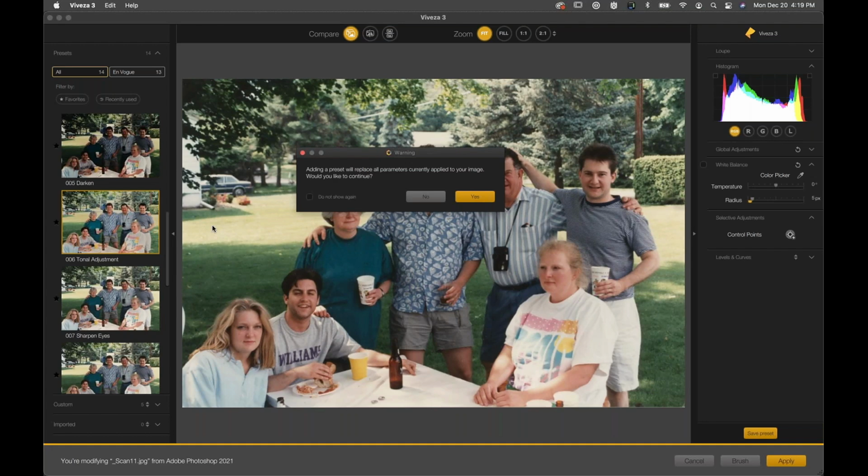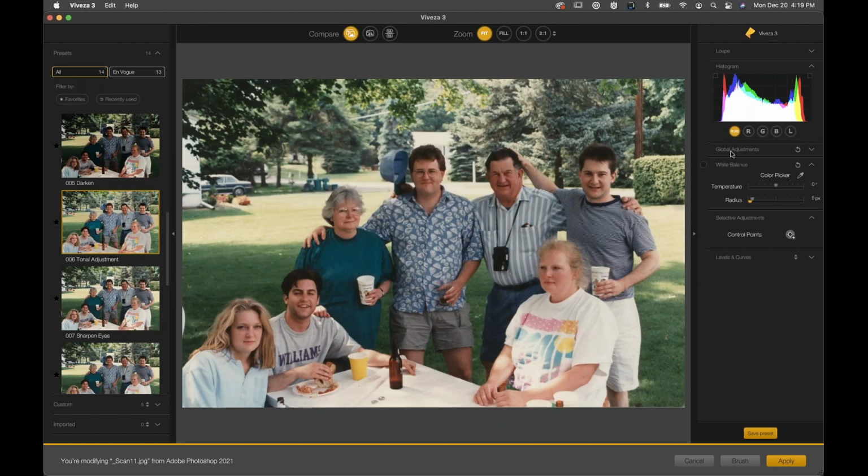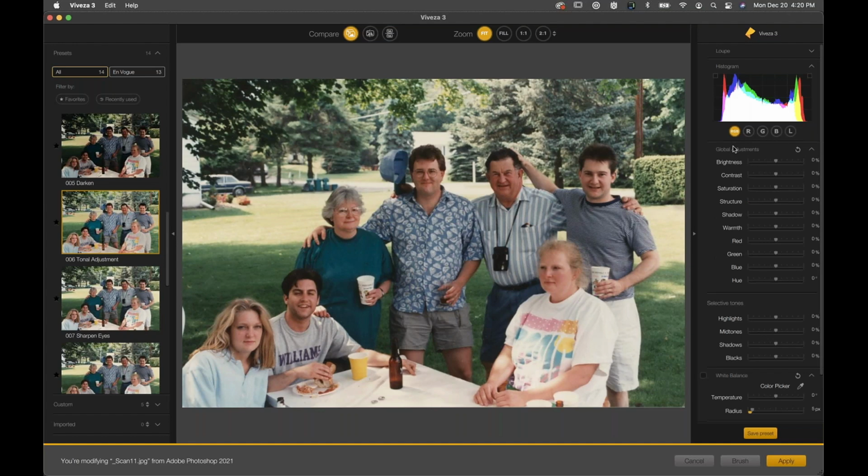Right, because the things on the left side over here, these presets, are just predetermined tools, adjustments of the tools over here on the right side. In fact, I'm going to click no. One of the things you're going to notice is that when you open the image, all of these sliders are probably going to be at 0, at least initially with a picture. If you click on one of these presets, like tonal adjustment,